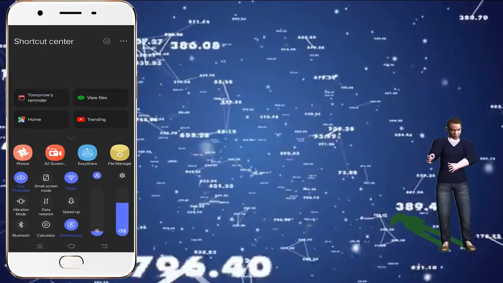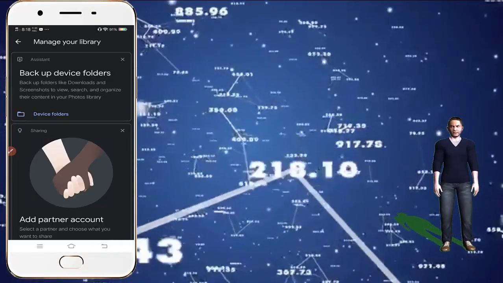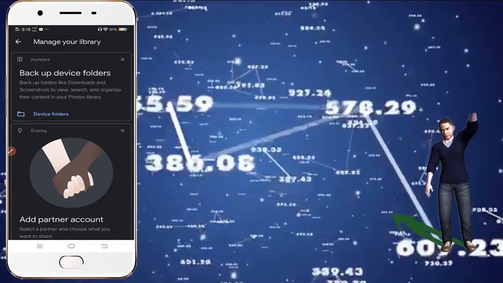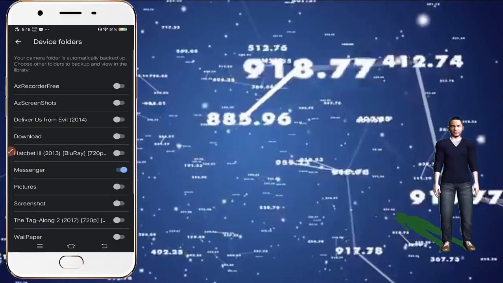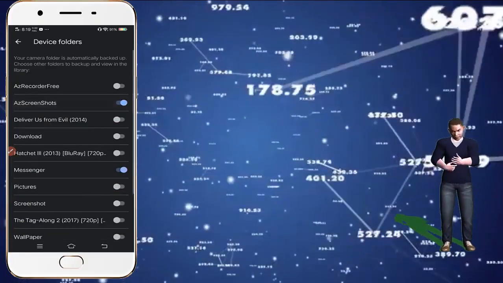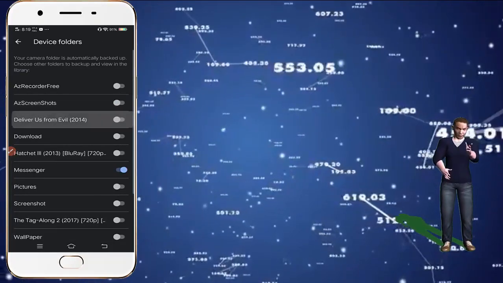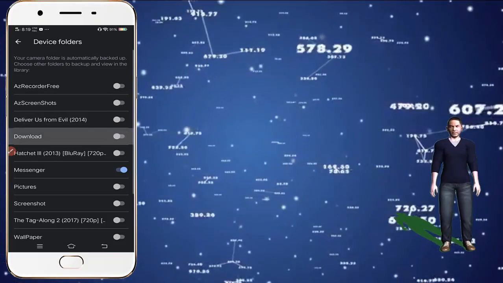This works the same as the device folder as we described earlier, that we can select folders of our device that we want to back up except camera. Let me show you. Here are all the folders, and we can allow these folders by turning on this button if we want to back up. If we want to back up the download folder, then we allow it.